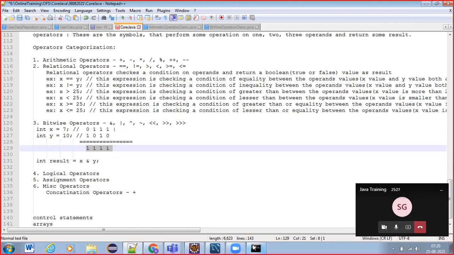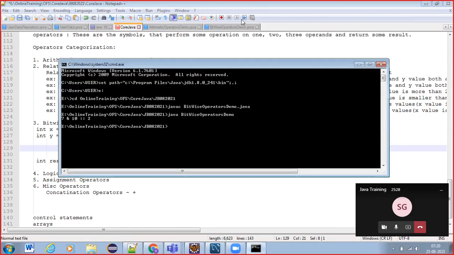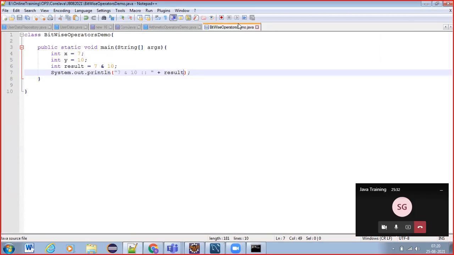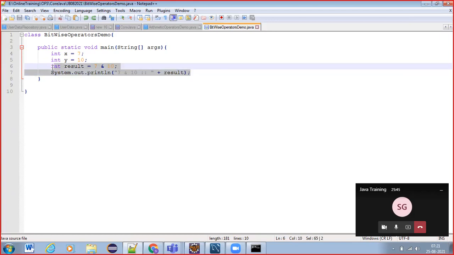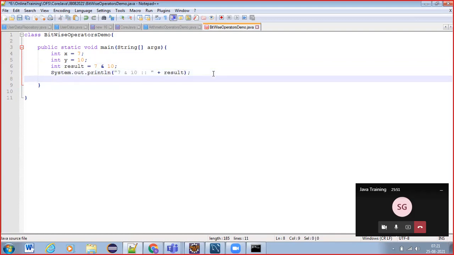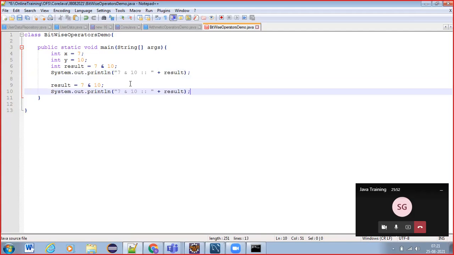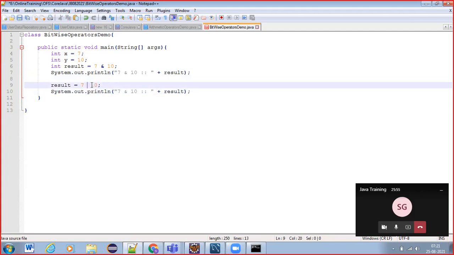So now let us modify our code and see. Seven or bitwise or.